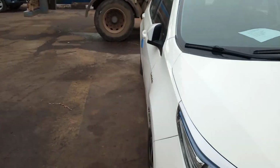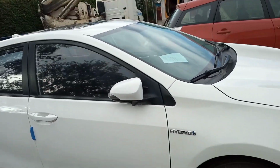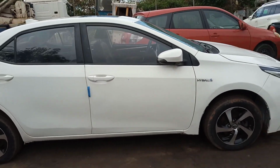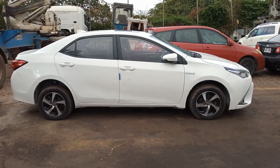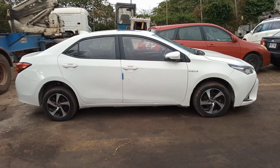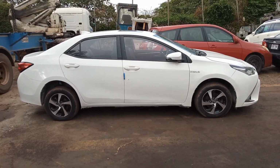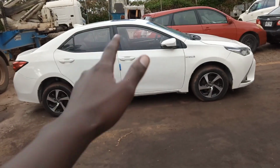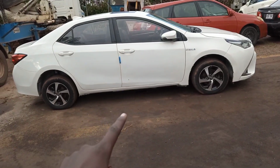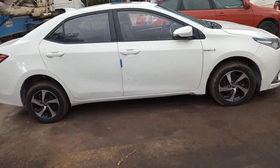So going to the side, it has this crazy view on the side. I mean, I like this view. What do you think of it? And with the sunroof over there, I don't know if it opens, but if it does, that would be another cool feature to have, right? And yeah,